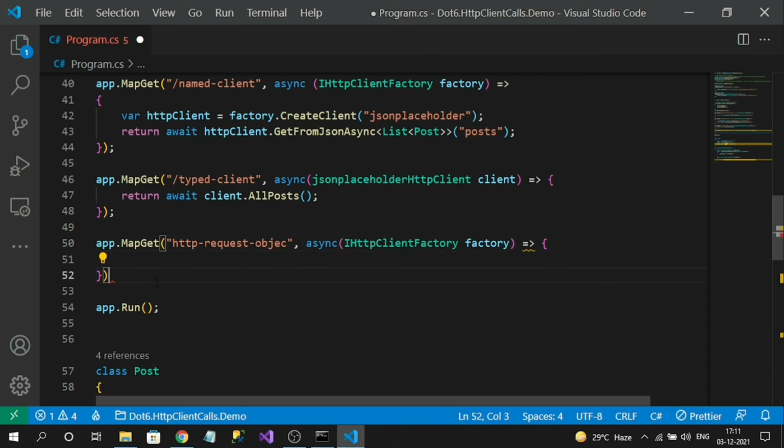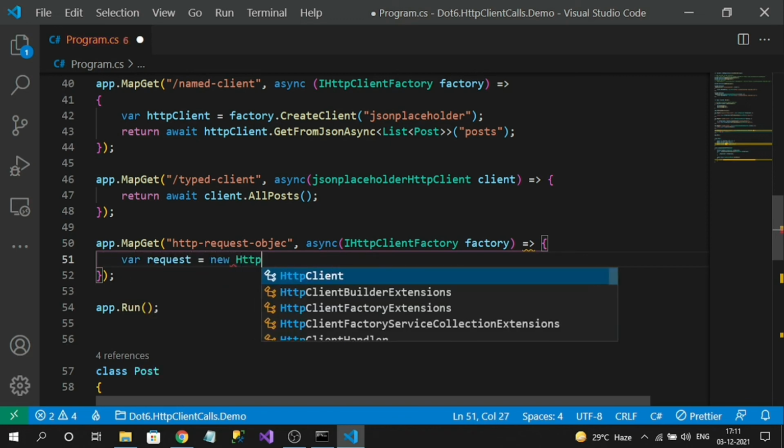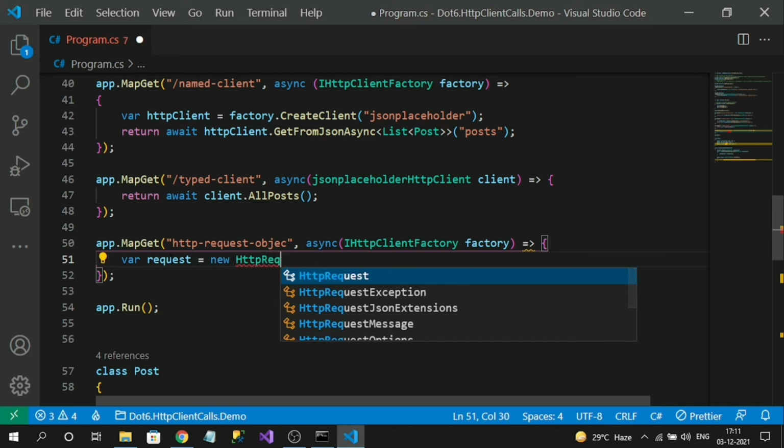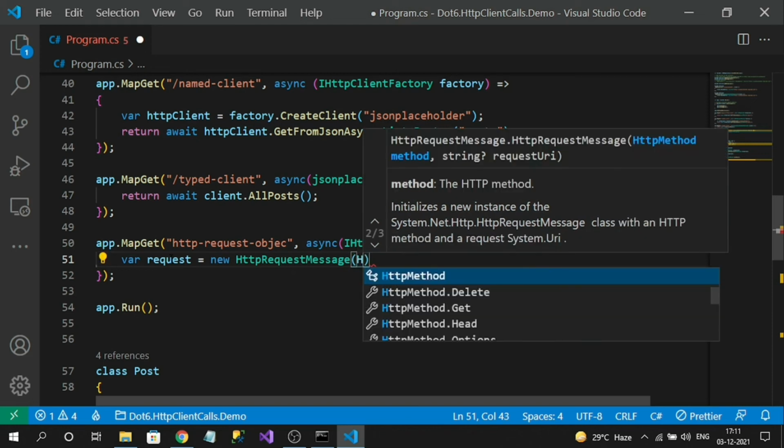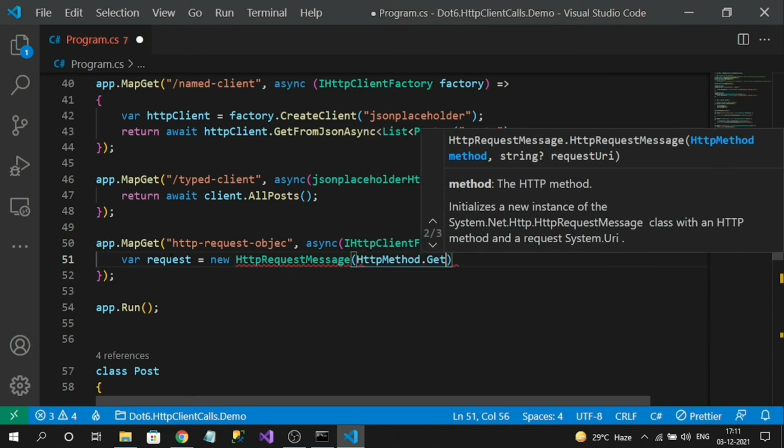Now my main thing is I am going to use the HTTP request message object. So var request equals new HTTP request message object. Here I can configure my URL and request type. First I will configure the type of request: it is a GET request.